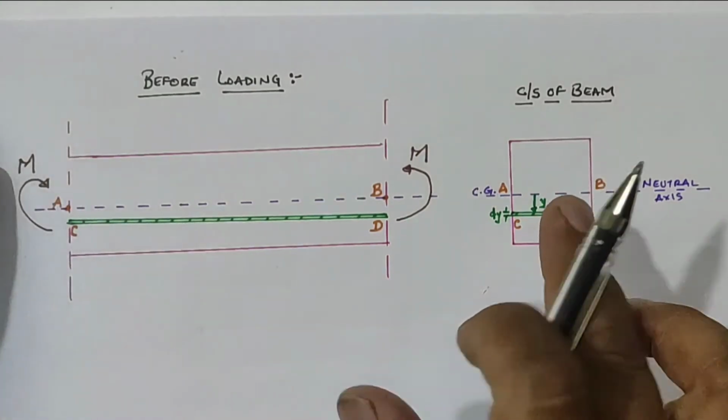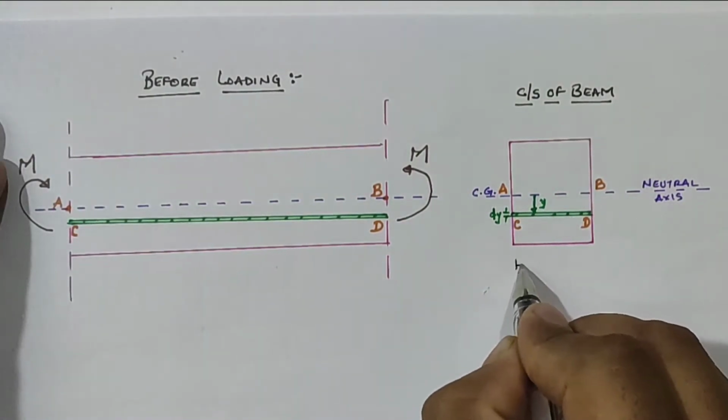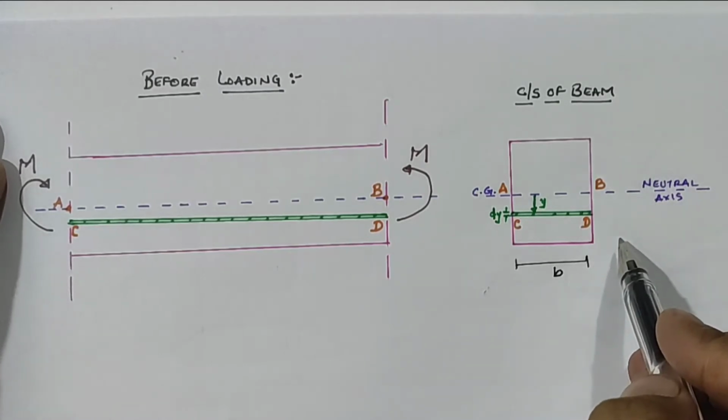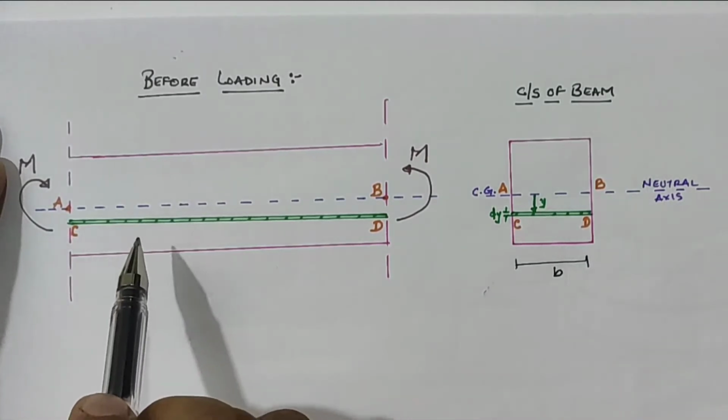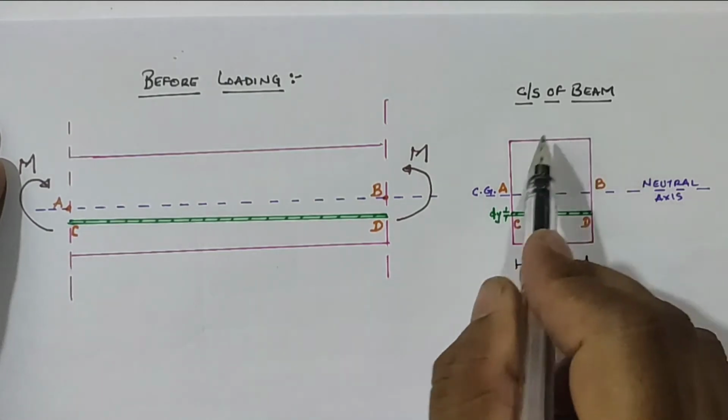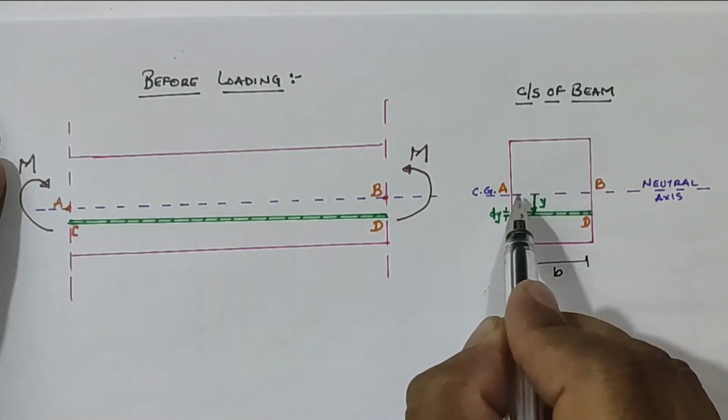where b is the base of the cross section of the beam, which is indicated as a small b, and d is the depth, which is generally given for the cross section of the beam, and the CG of the given axis is as shown in the figure as the AB line,